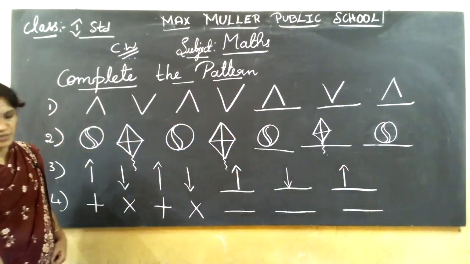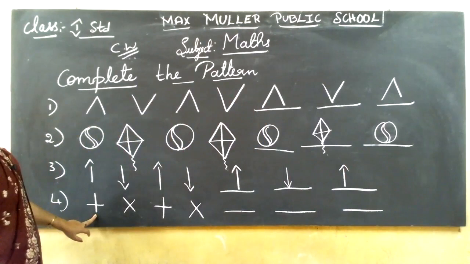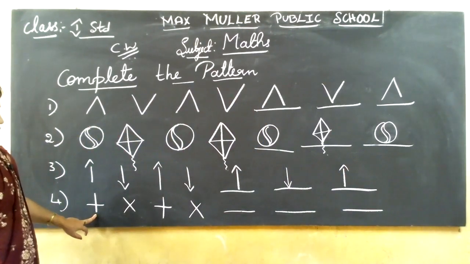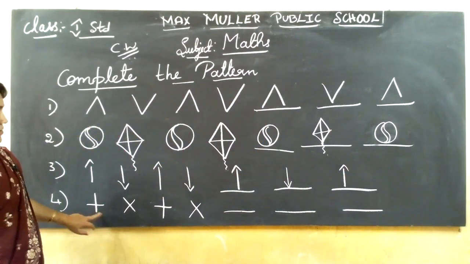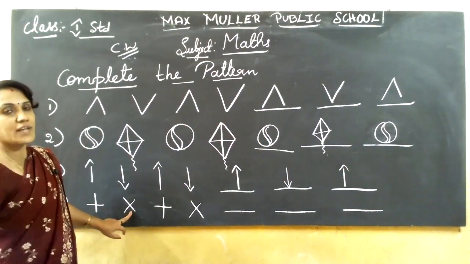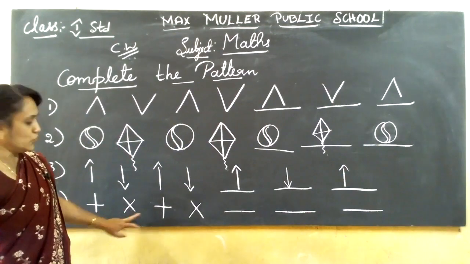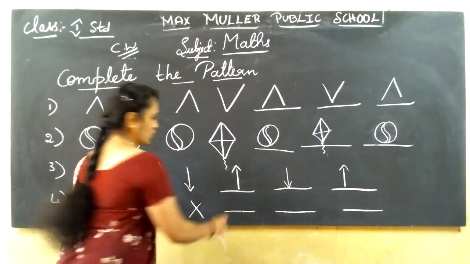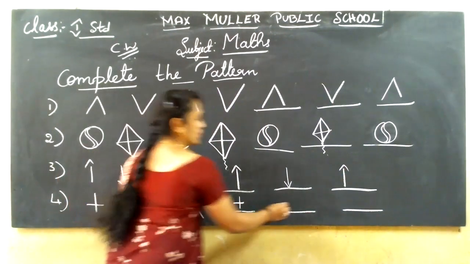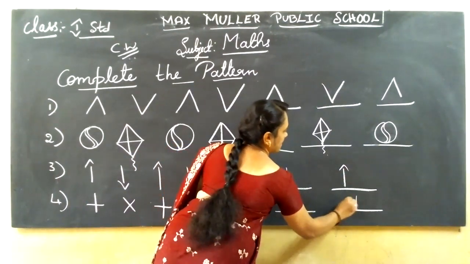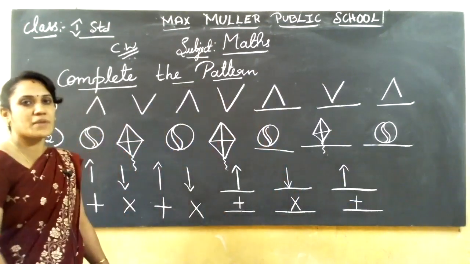Okay, next. Fourth one, plus. What is this symbol? Plus. When you do additions, you will use it now. That is plus. This is into. When you write the tables, you will write that one. Plus. What will you call this? Into. Again plus, into. Again what should I write? Plus, into. Again plus.